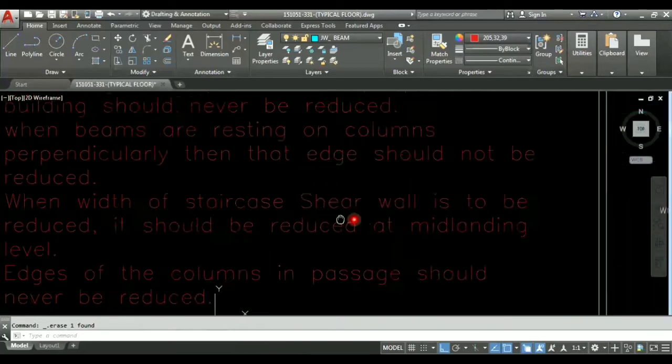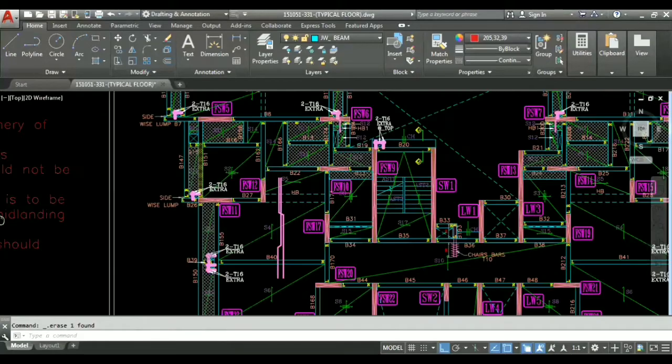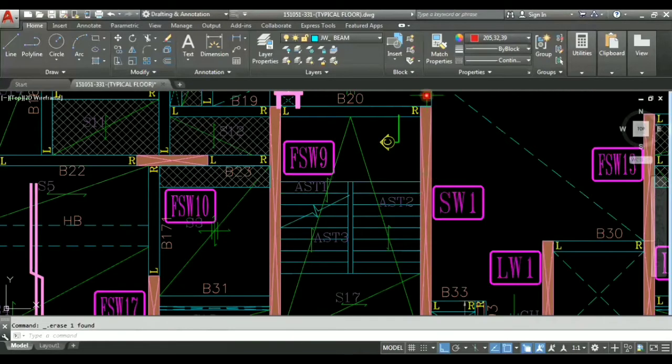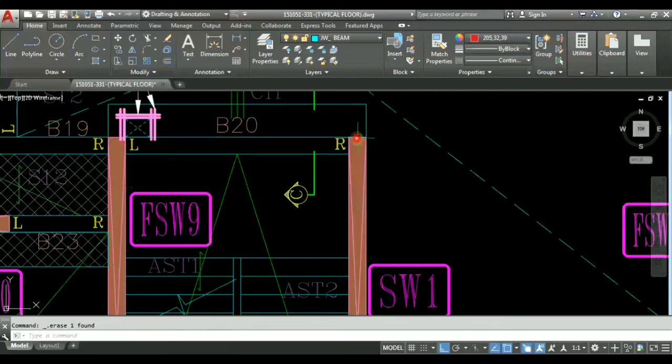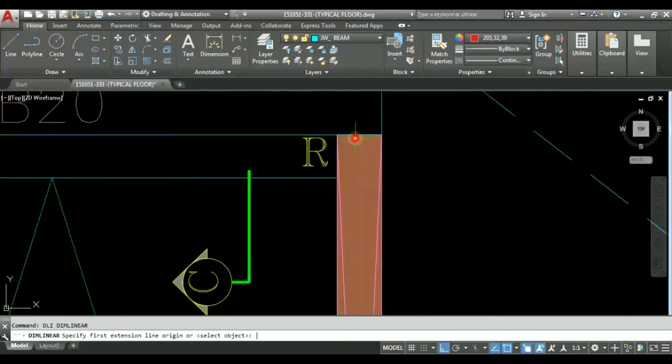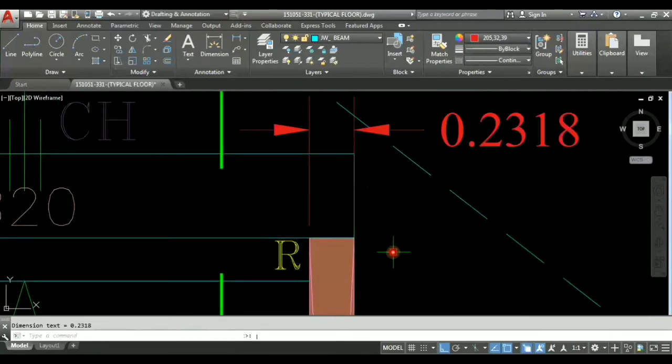Now the next point is, when the width of a staircase shear wall is to be reduced, it should be reduced at mid landing level. Here we have our shear wall SW1 and FSW9 of the staircase. Here currently we have a width of 230 mm.